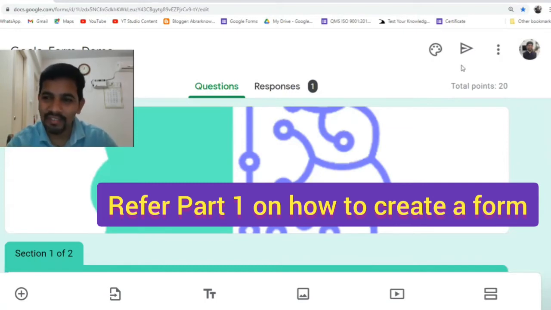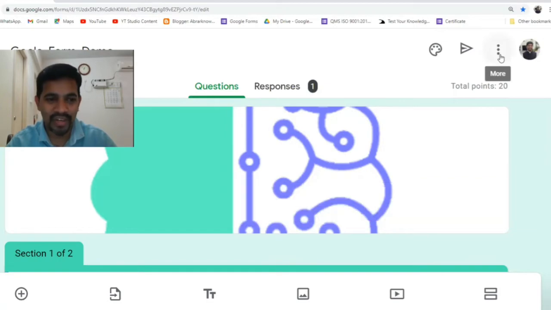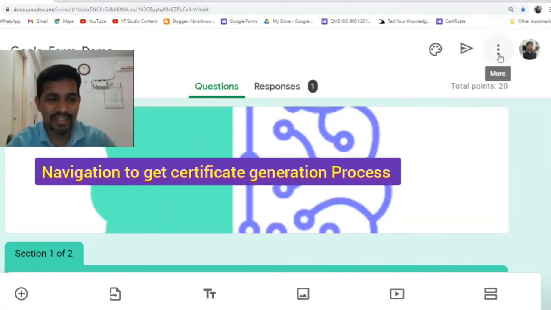To generate the certificate, you click More. Wherever you find three dots, it signifies that there is additional info.